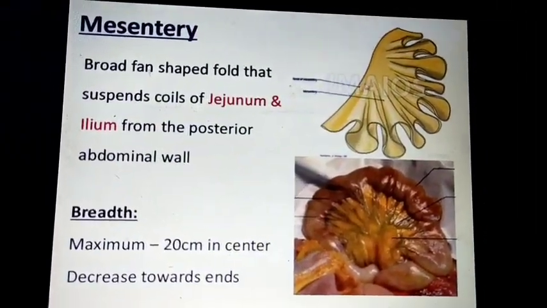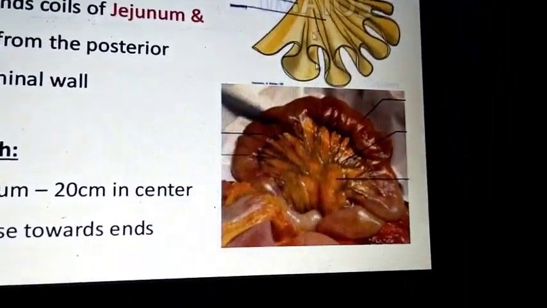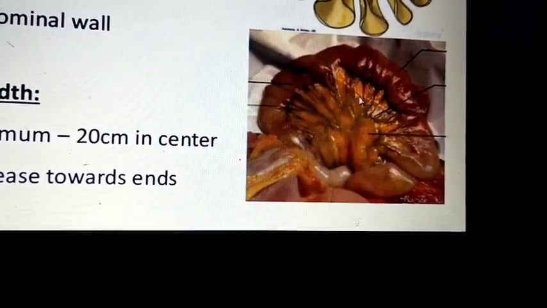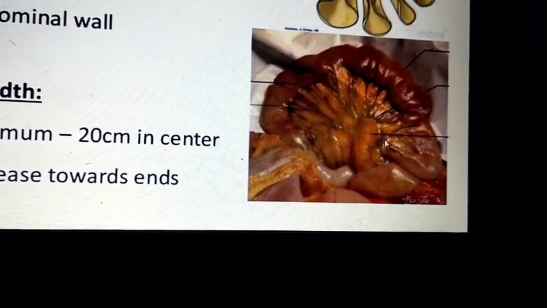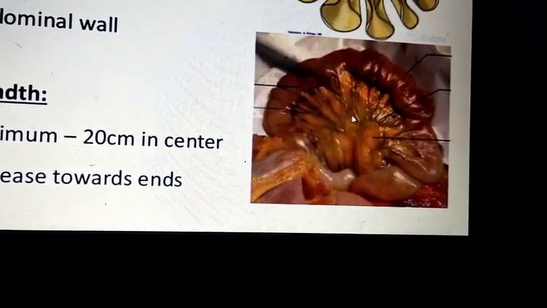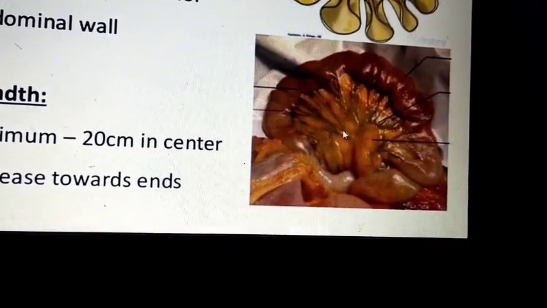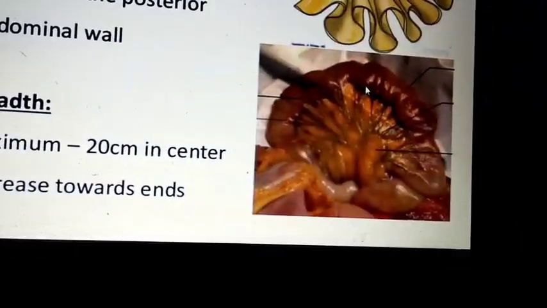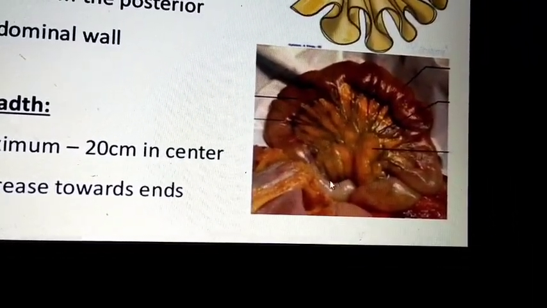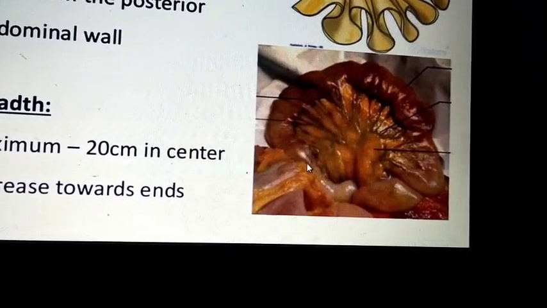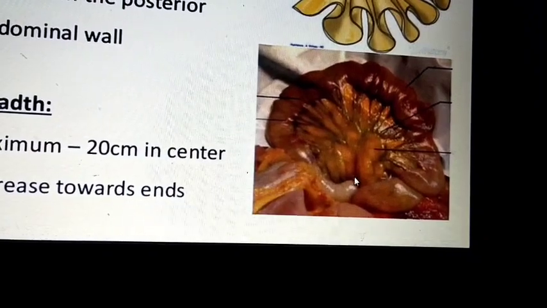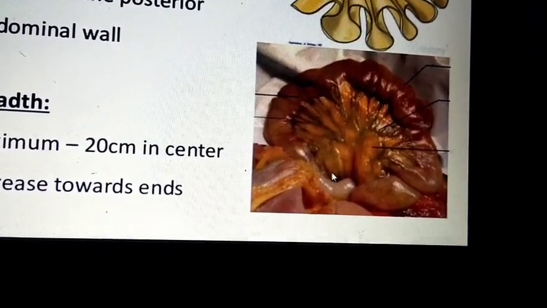I have explained what the mesentery is like. It is a fan shaped, broad fan shaped fold of peritoneum. In it, the coils of jejunum and ileum are suspended, and this is the attached part, the posterior abdomen side, the fixed part or root of the mesentery.